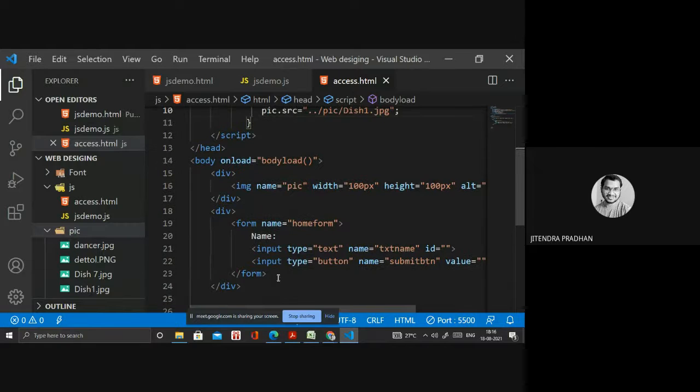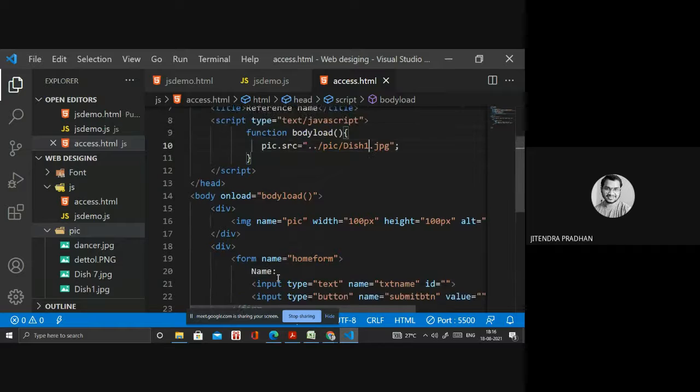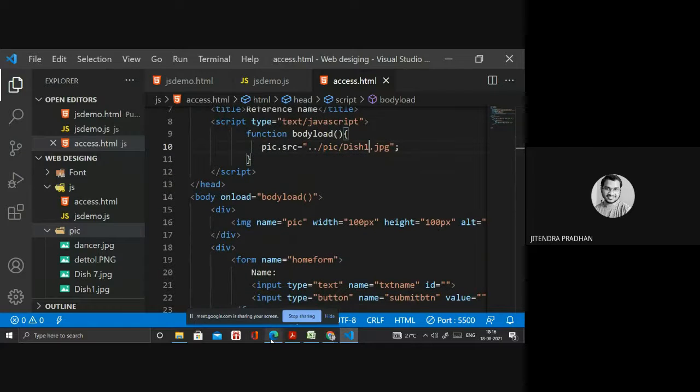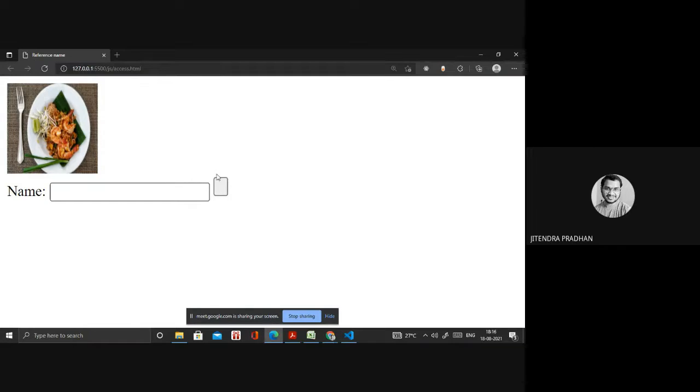So how do we give that particular value? Have you observed that one? In that we do not have a value inside. We have a submit button or cancel button, a confirm button, whatever button, and I will not write it inside that. So by using JavaScript, how do we write these things? Let's see.